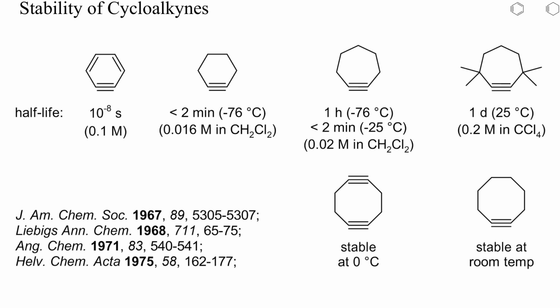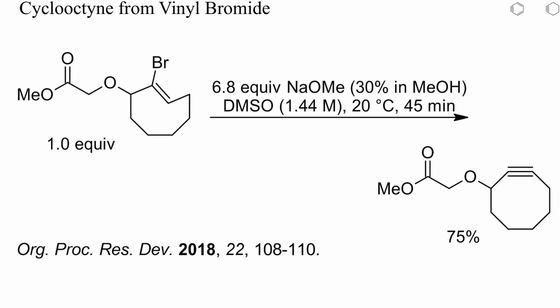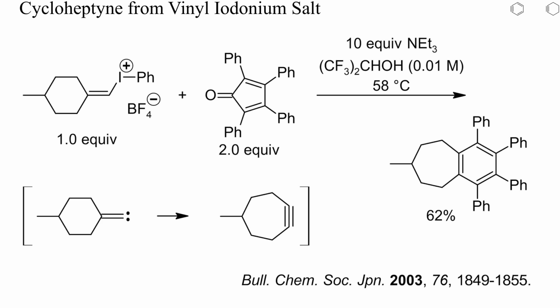Nevertheless, these compounds are highly reactive and electrophilic and show some diradical character because of the bent, weakened triple bond. Here, for instance, a substituted cyclooctyne was prepared by dehydrobromination of a vinyl bromide with sodium methoxide at room temperature. Nevertheless, cyclooctynes are more energetic than 8-membered cyclic allenes and will isomerize to the latter and then to 1,3-dienes with suitable catalysts. Most of the elimination strategies presented in part 1 of this playlist can also be used to prepare